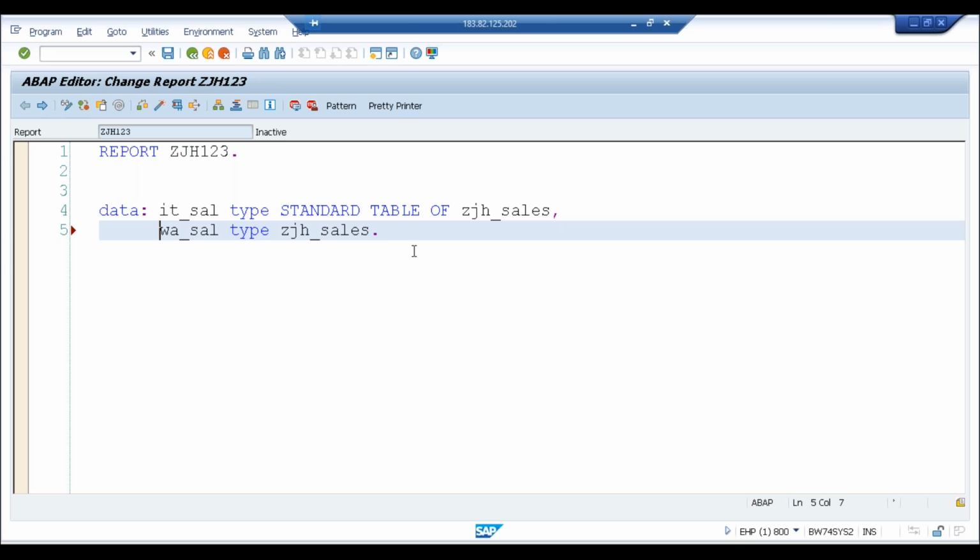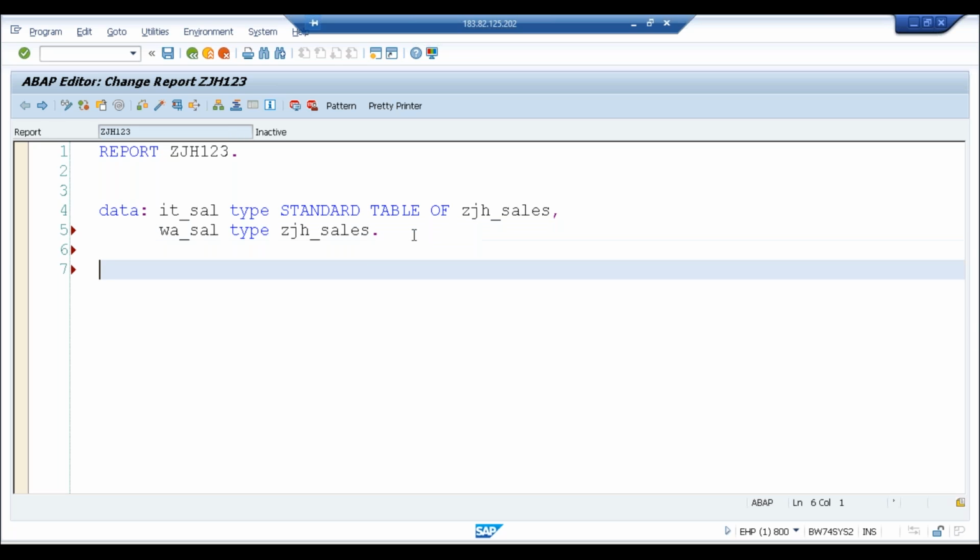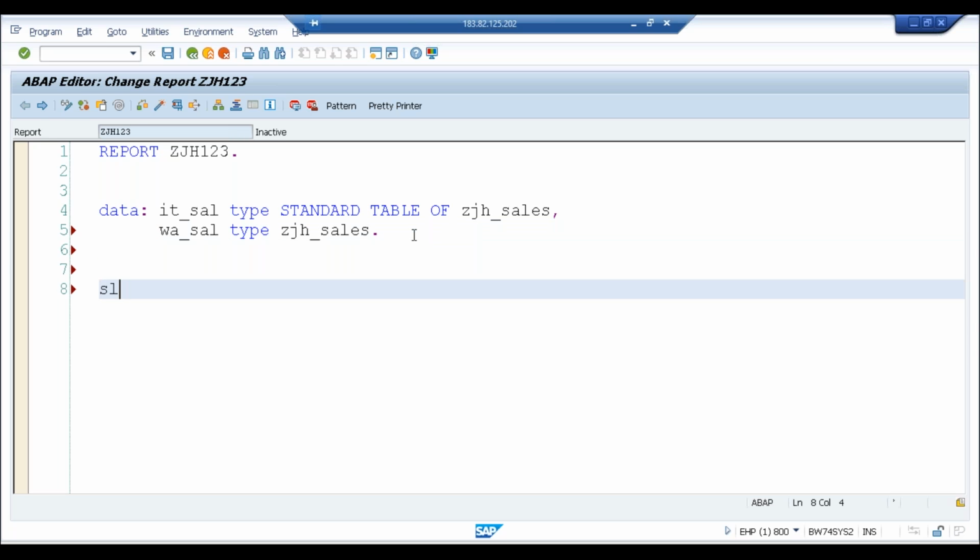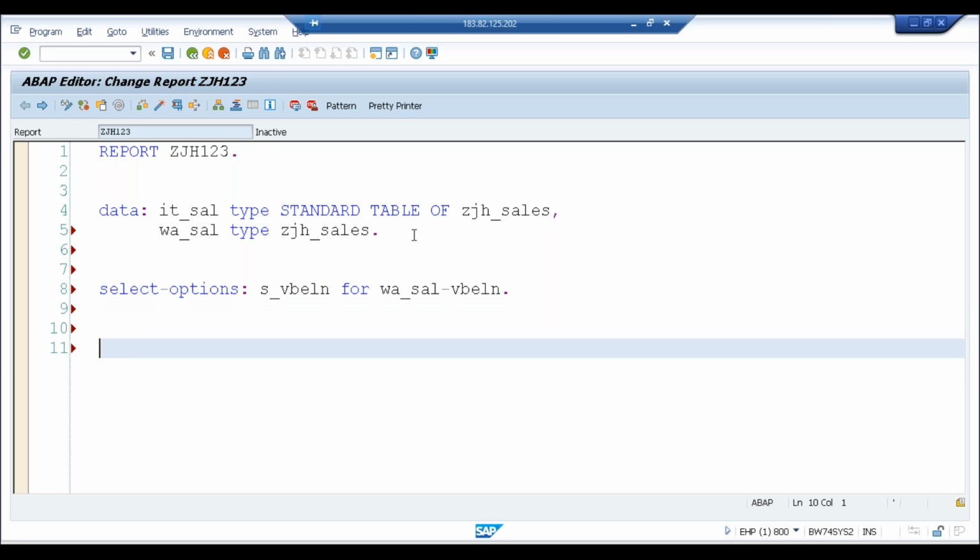Now we'll go ahead with select options S_VBLN for WA_SAL-VBLN. Just to copy the properties we are making this, and then we'll go for select star.